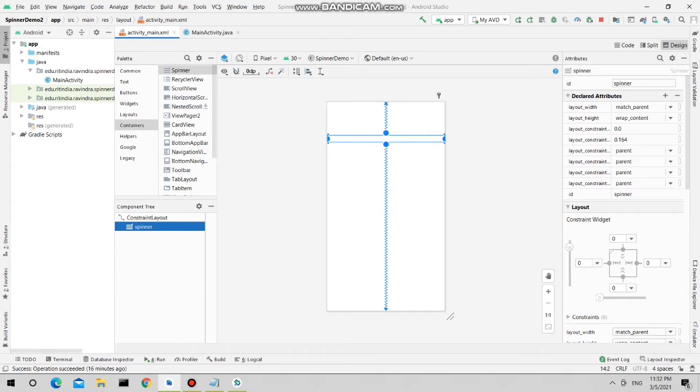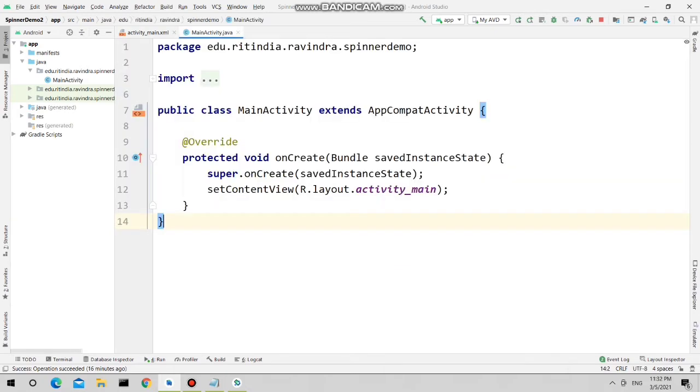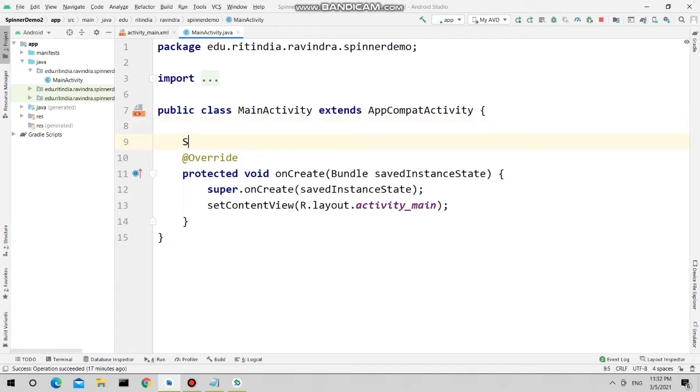The ID spinner. Now create one string array. I'm going to store the countries in this string array. You can take any countries.